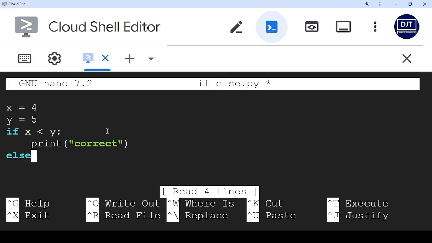Else, yes, so it knows we want to run a block of code here. 1, 2, 3, 4, print